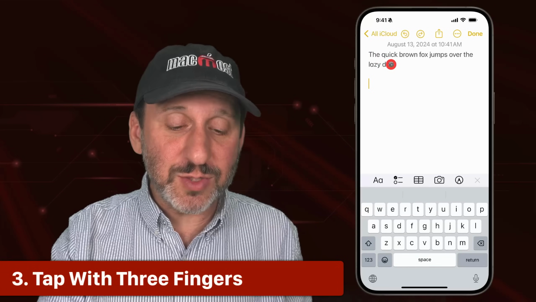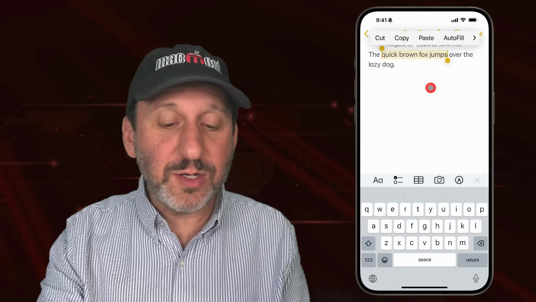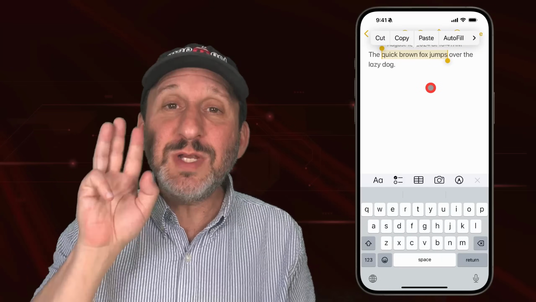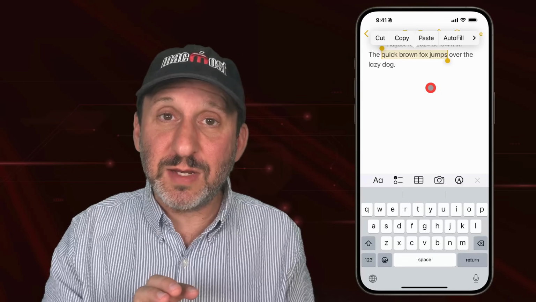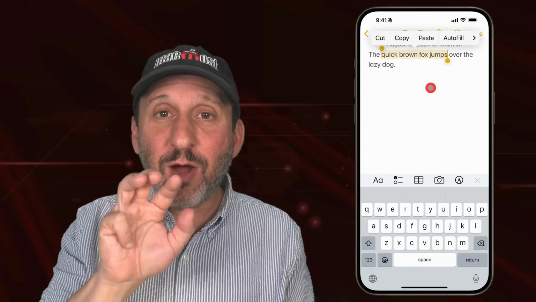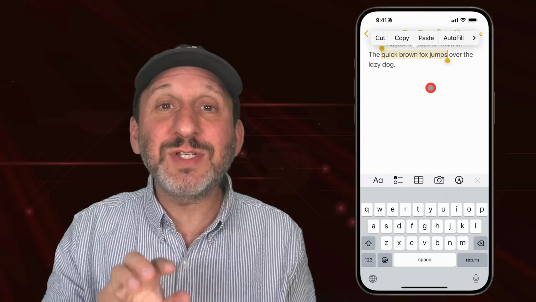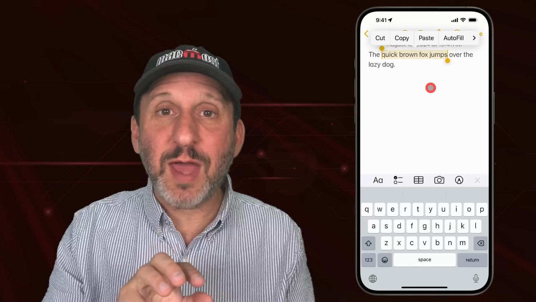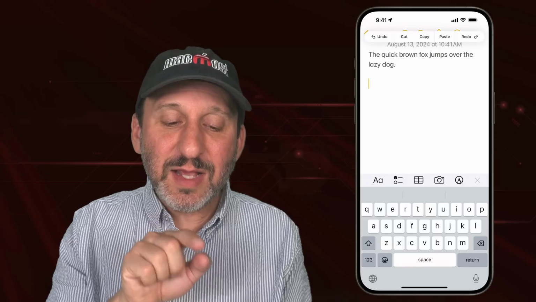Now there's another way to do it using a gesture. So I'm going to select text here and it doesn't matter whether you see the menu there or not. You can take 3 fingers and you want to tap with the 3 fingers in the middle of the screen. Now when you do this, make sure all 3 fingers are connecting with the screen at the same time. If one gets there first, it'll work just like a regular tap. So let's do it. 3 fingers in the middle of the screen